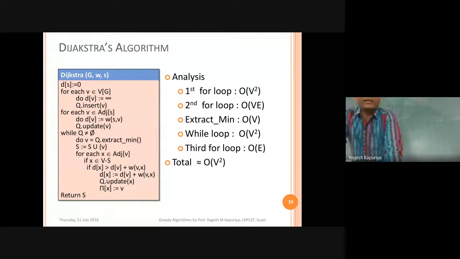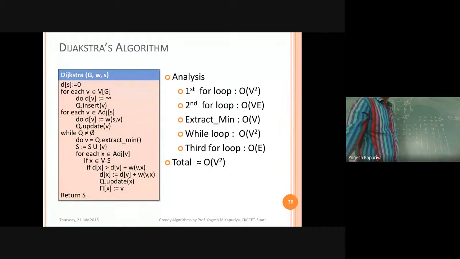So you are setting distance of S as 0. And then you are running a for loop in which you are again setting the distance as infinity for all the vertices. S is also one of those vertices. So again you are setting the distance of S as infinity, which is wrong. So your for loop should set the distance for all the vertices except S. So it should be V of G minus S. Right, so that is the correction which is required. Okay, so that was about the first for loop.